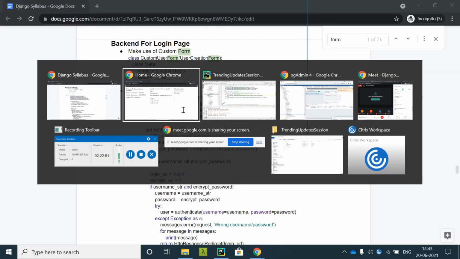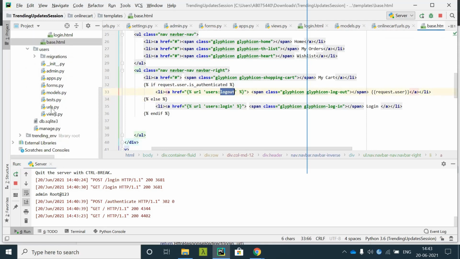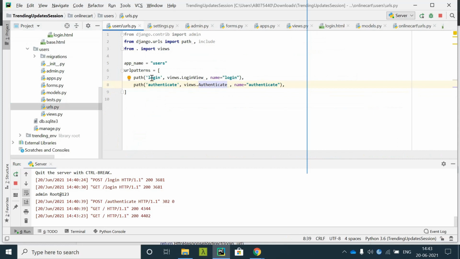If you want to give the logout functionality, you need to call this URL. I'll call the URL from the logout endpoint with the namespace. Go here in the users URLs part, where I have login, and create one more for logout.